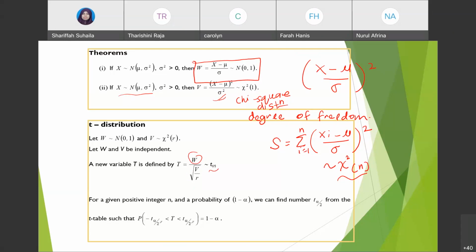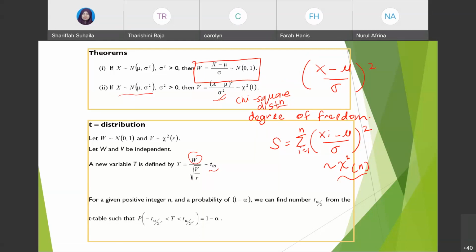Okay, so kalau random variable T, standard normal, bahagi dengan square root V, your chi-square distribution. So kalau chi-square distribution, dia ada degree of freedom. So that's why T distribution tu dia ada degree of freedom. Kalau normal distribution tak ada. Kamu just find from your alpha and then from what is the probability. Okay, but this one, for T, you need to have your degree of freedom. Okay, so itu tak berhenti lah ya.